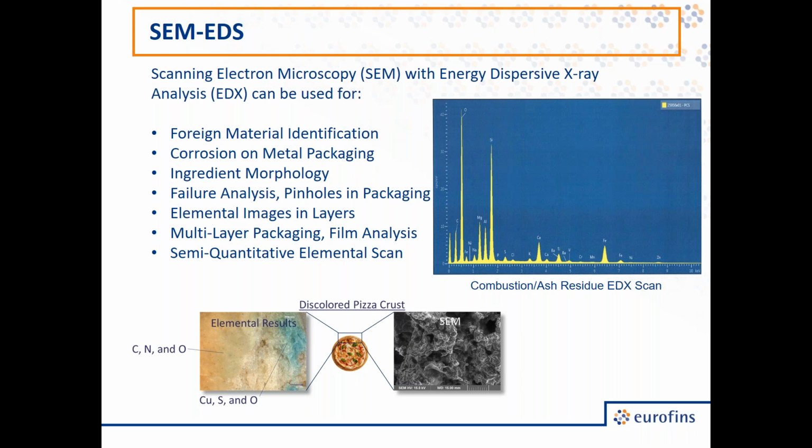This is very important, not just for foreign materials, but also to identify corrosion spots, see if there's changes in the surface morphology, things like pinholes and other defects in packaging. If there are multiple layers, we can look at them sometimes by cross-section and other ways to see whether something is going on there. And this can be done not only qualitatively, but in a semi-quantitative way that looks for very subtle differences between two areas or two parts of the same material. Again, this gives us elemental information. The next slide,